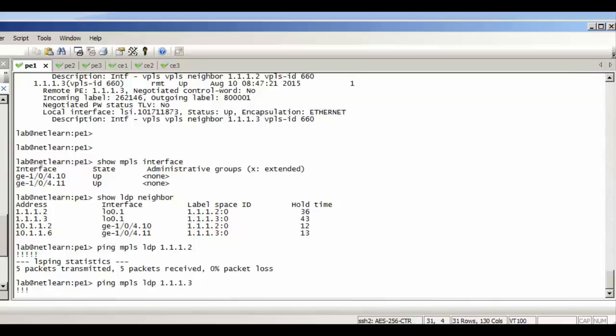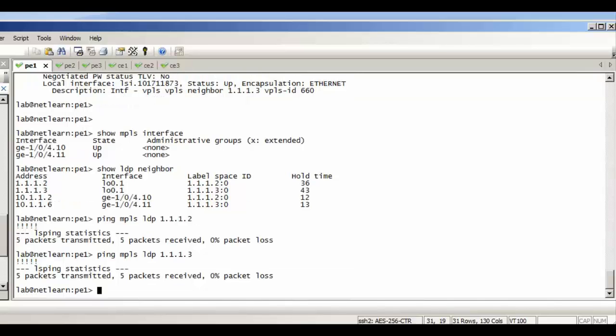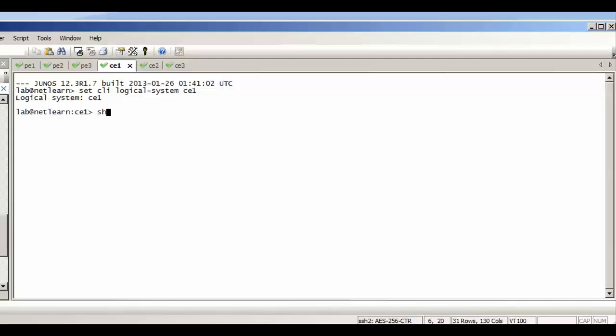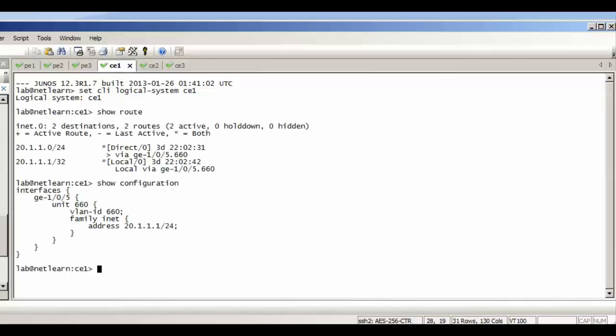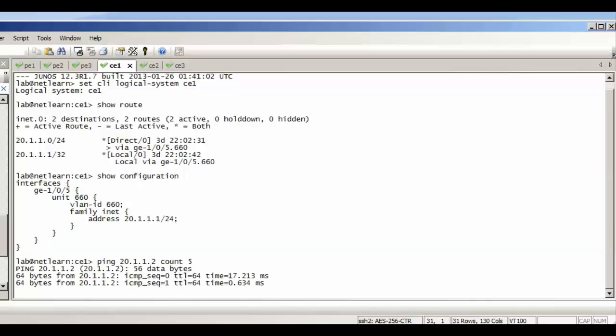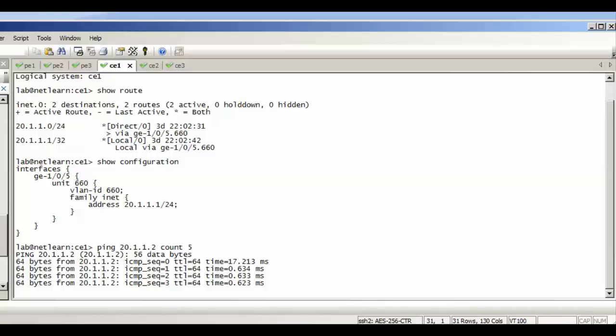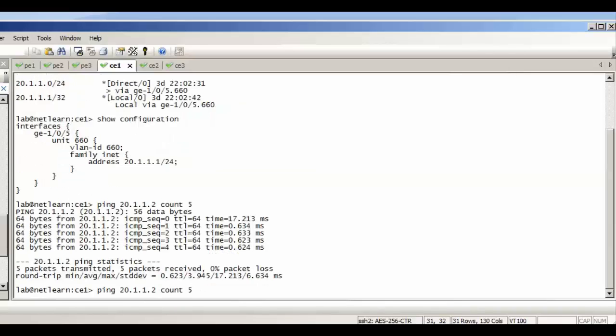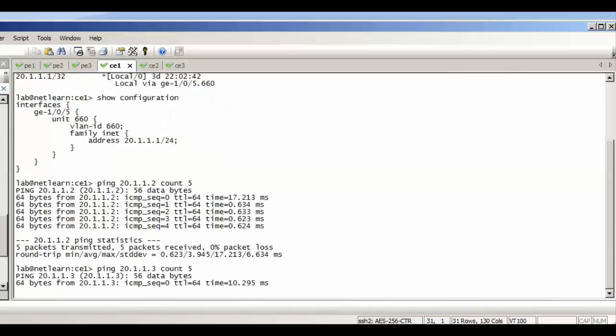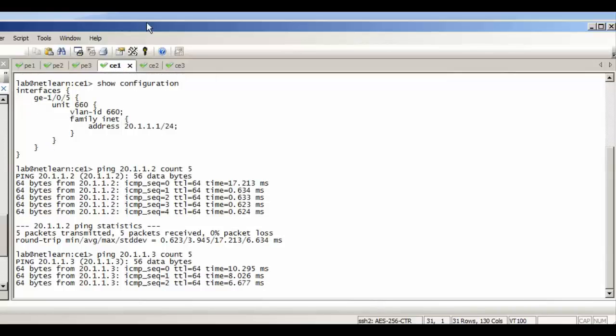After that we can check the last verification from CE to CE. Let's see the CE1. Okay, let's ping to CE2, count 5. Okay, and then we see to PE3, CE1 to CE3.